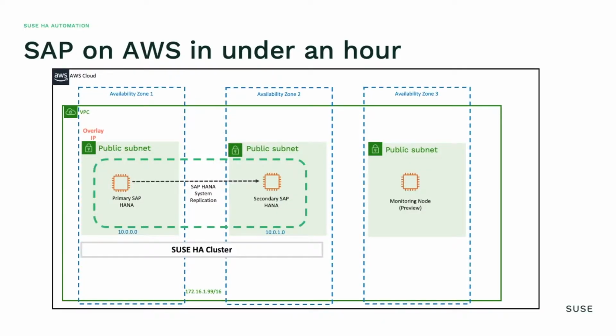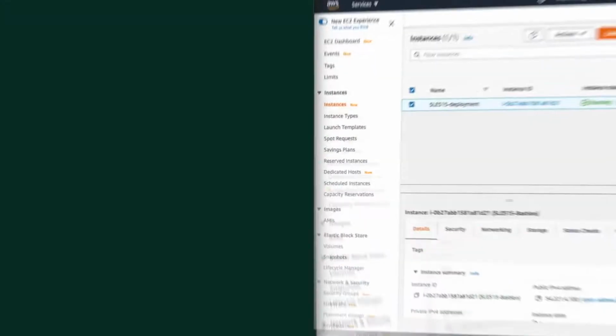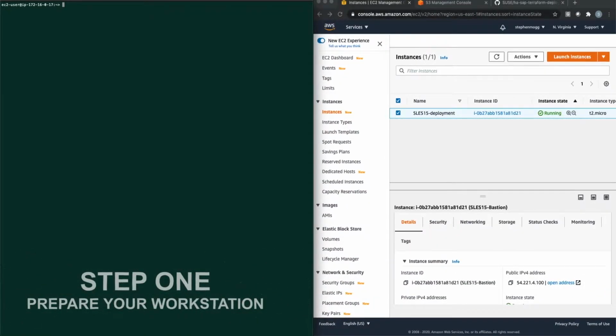So the plan over the next 5 minutes is to show how we can deploy production-ready SAP on AWS in under an hour. As you can see, we're deploying 2 instances, each in a different availability zone, connected by SAP HANA system replication, and all wrapped with a SUSE HA cluster for maximum availability. What I'll also try and show you is a preview of our monitoring capability, which can give you some insights into your SAP landscape. I'm using SUSE 15 as our deployment node here, but you could quite easily use your